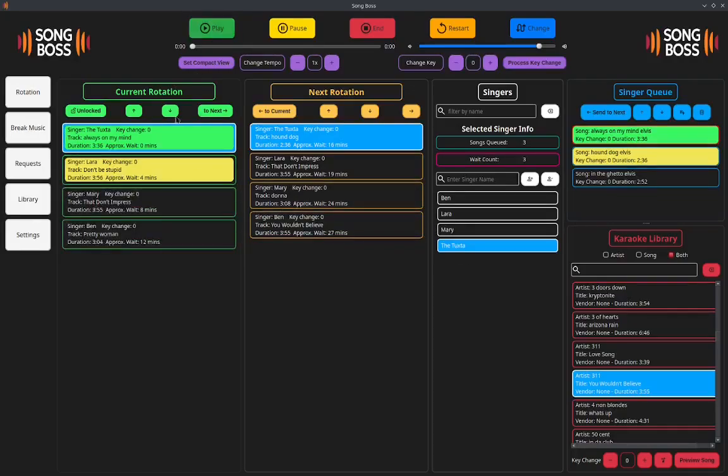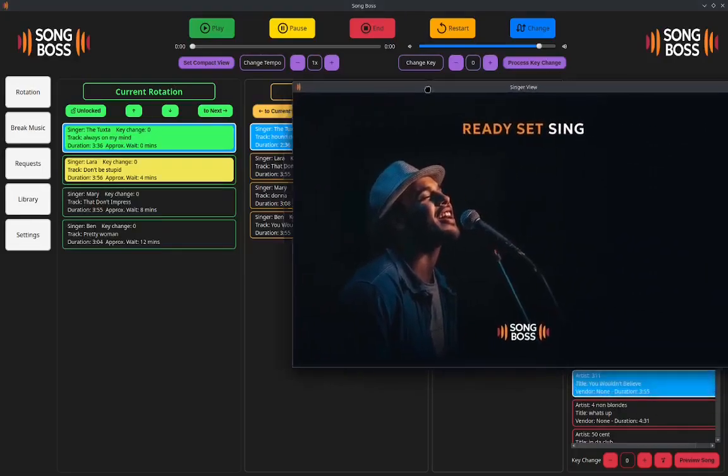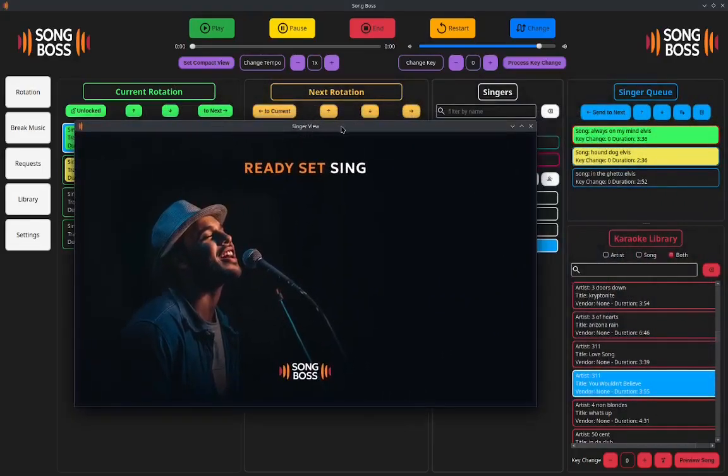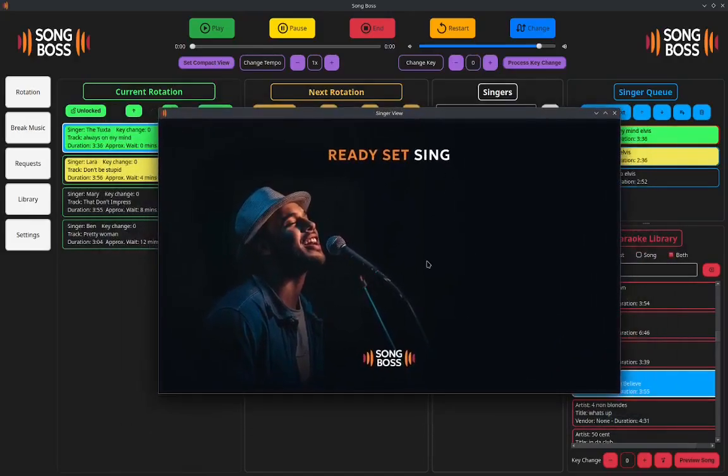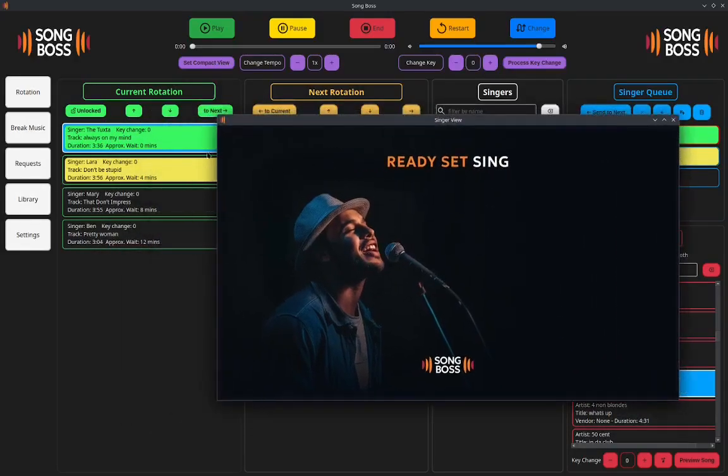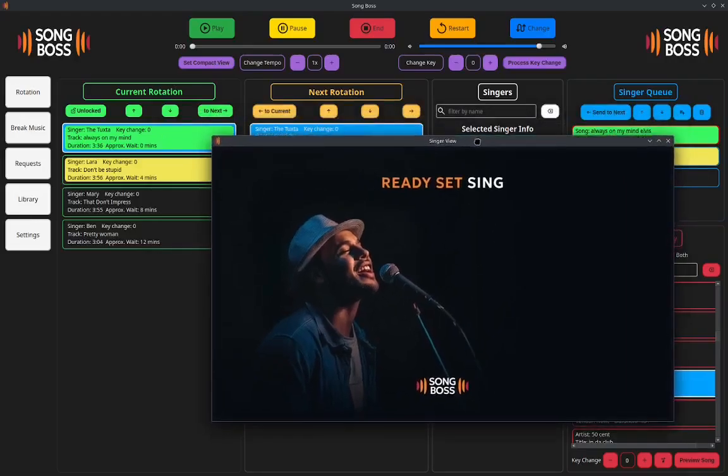All right, so if I hit play, it's going to play the Tuxter. Now I'm just going to bring one of these other screens back on. So we've got 3 windows, don't forget. Now this is the singer view. So it just has ready, set, sing when we're setting up. But the second I hit play, this view will actually start operating. So I'll show you what I mean by that. If I hit play,